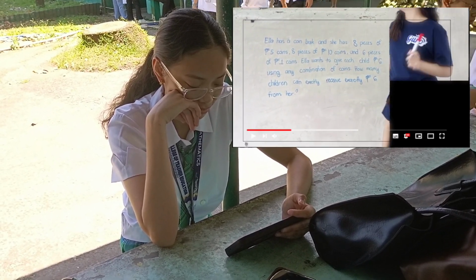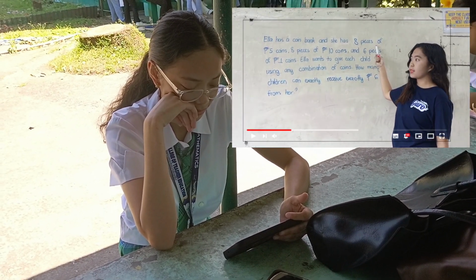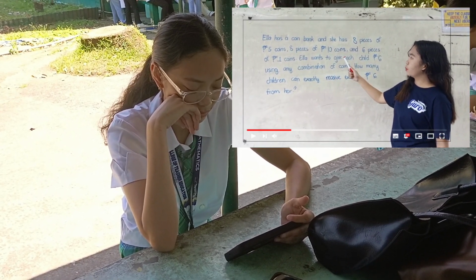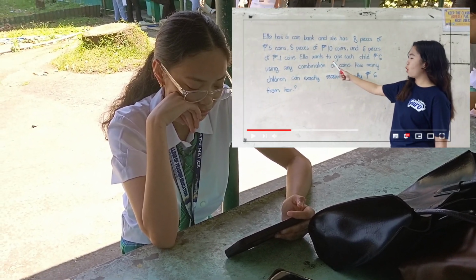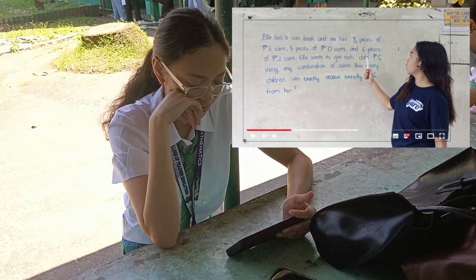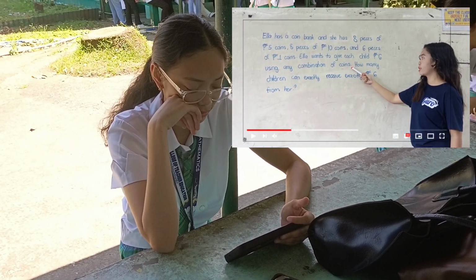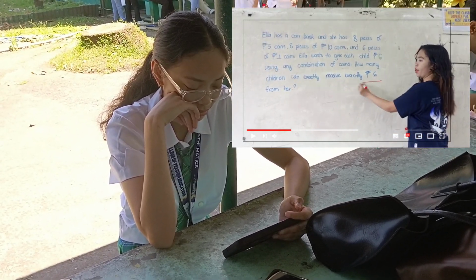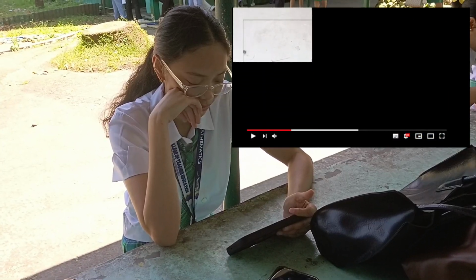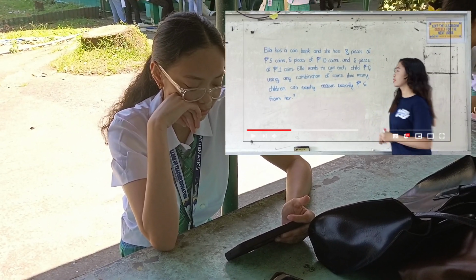We have a problem here. Ella has coins: 8 pieces of 5-peso coins, 8 pieces of 10-peso coins, and 6 pieces of 1-peso coins. Ella wants to give each child 6 pesos using any combination of coins. So how many children can exactly receive 6 pesos from her? We are going to use the 4 phases of problem solving, and step 1